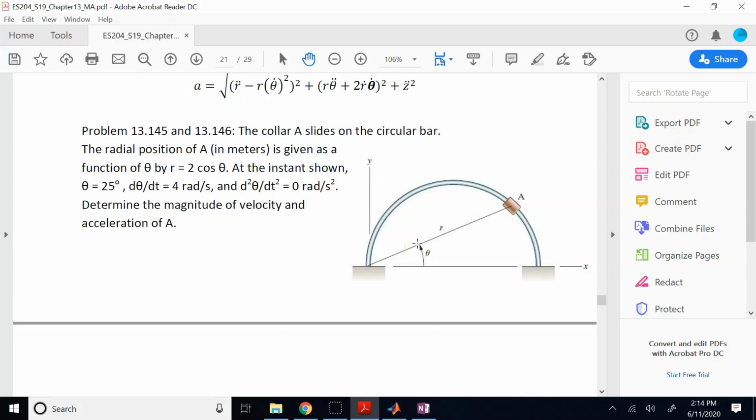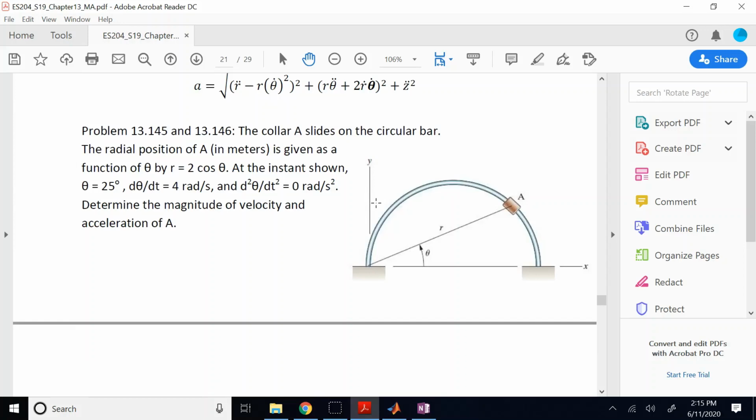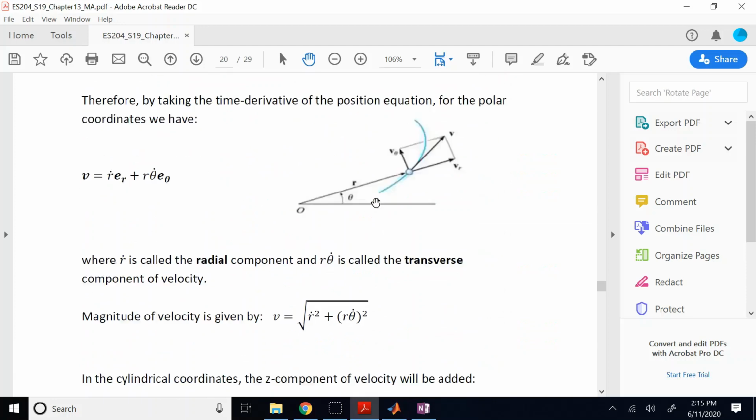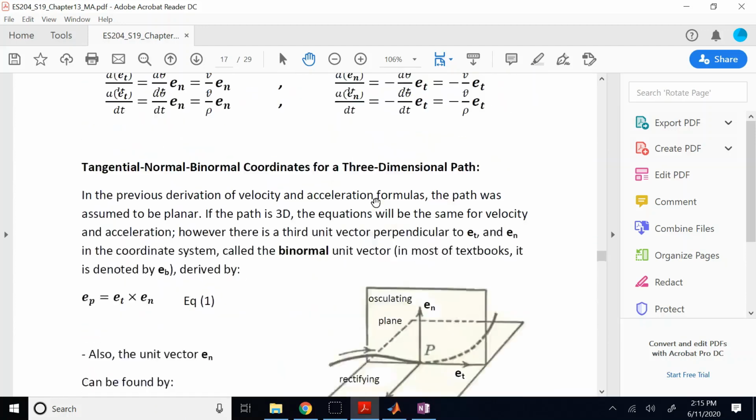Now, I would like you to look at problems 13, 145, and 146 together at the same time, because they are very good problems. They involve some chain rule that I want to do a little practice with you, and we're going to go over them. By the way, for any topic that I cover, any chapter, there are 2 types of problems that we're going to solve. Either the problem is an example inside the text, like,